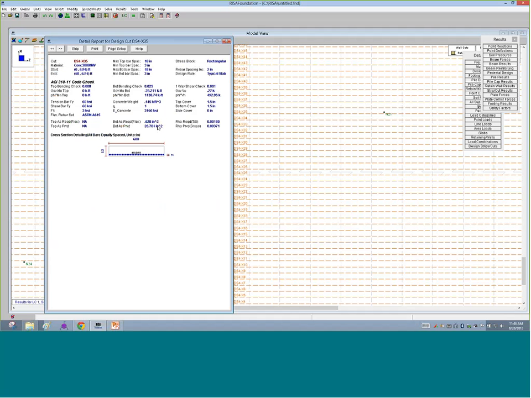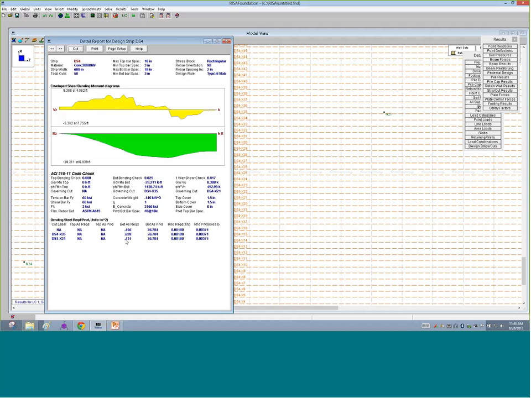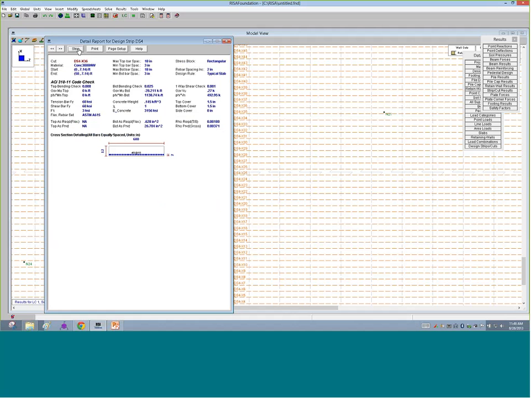So top bars required, it tells us the amount of steel, temperature, and shrinkage, and what was provided. So we get to see how much was provided versus what was required. So if I can go back to the strip and take a look. If I want to go to X21, for example, I can pop over to X21 using the arrow keys